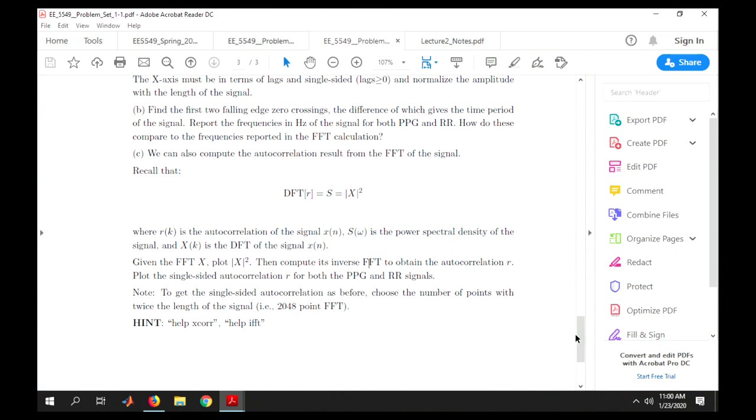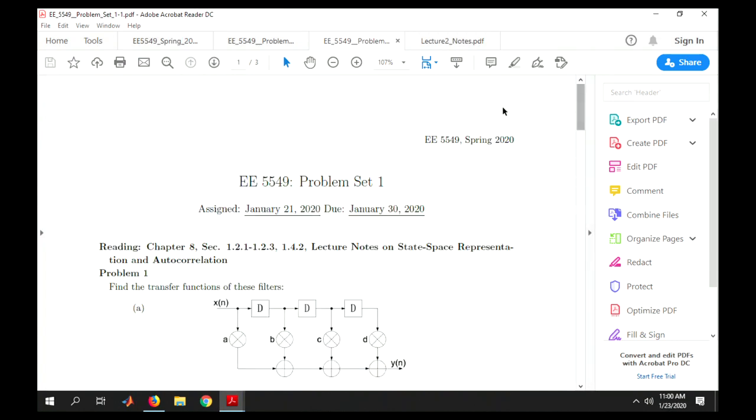Very interesting to play with. I think you will get some practical insights about what these signals are and why we are interested in processing them. We have a few seconds left if there are any questions. Okay, you should be able to do your homework. The homework is not due next class, but it's due next week at the end of this class, so exactly this time next class. So start working on problem set 1. We will begin with chapter 8 next class.